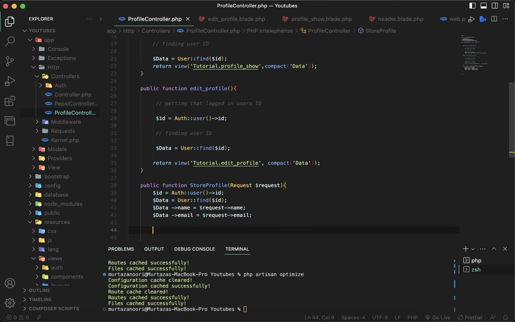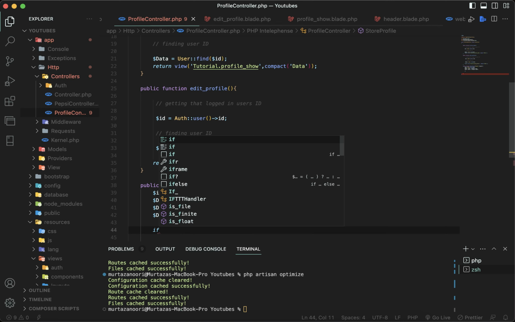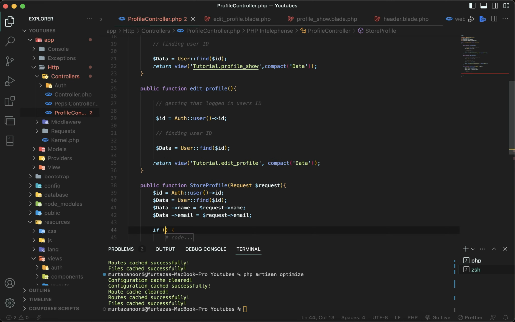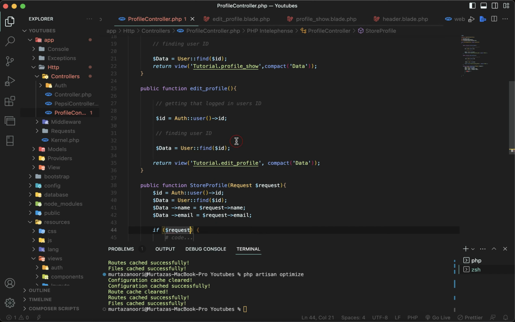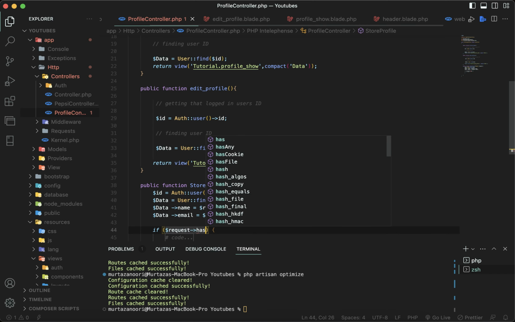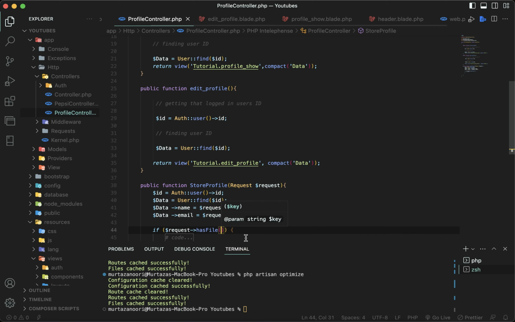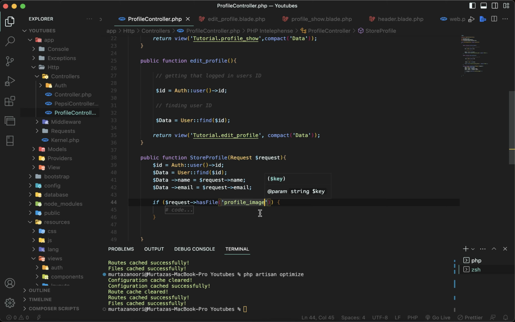Now what we have to do is write an if condition for saving a picture into our database. So I'm going to be using an if condition, and then I'll say request. If my request has a file, and my file is called profile image, so if I have such a file, then you have to validate that first of all. So to validate that, I'm going to be using the request